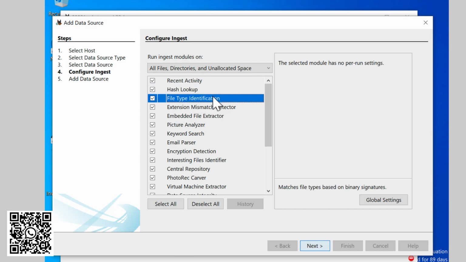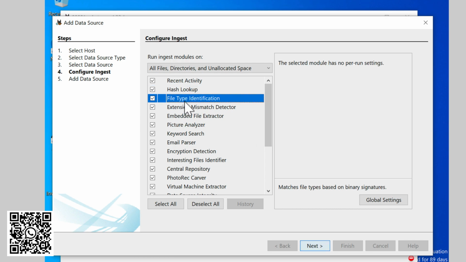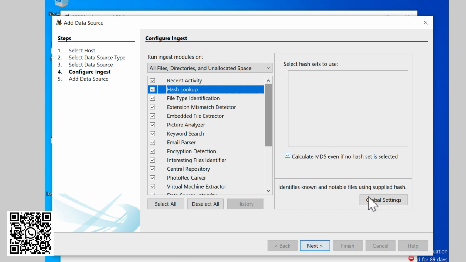Now the next one is called file identification. This allows you to identify the type of file. Let's say, for example, if you have a MP4 file. Now, video files have a lot of different extensions. So, file type identification allows you to find the type of file that is being used. If it's a video file, there are different types of video files. We have MOV, we have various other files. So if you go to file identification, you will be able to learn and understand.